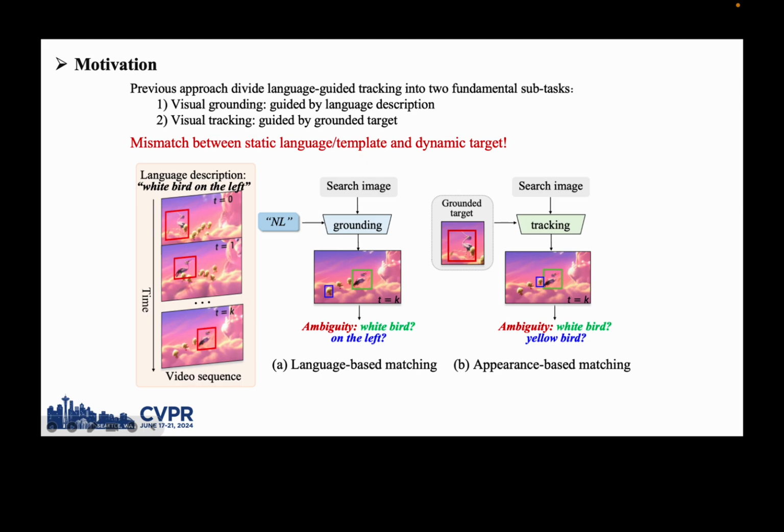target identification. As illustrated in Figure A, due to the target's movement, the initially provided language description, white bird on the left, may no longer align with the current state of the target. This misalignment confuses the tracker's judgment of whether to focus on white bird or on the left during the matching